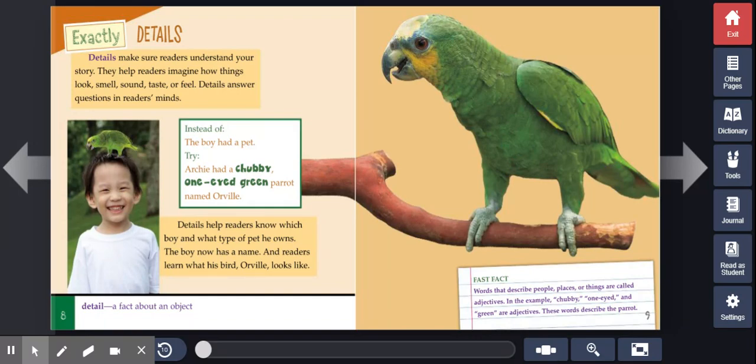So for today's lesson, boys and girls, you're going to be looking at your drafted sentences and you're going to continue adding details or changing details and looking for ways that you can make your story